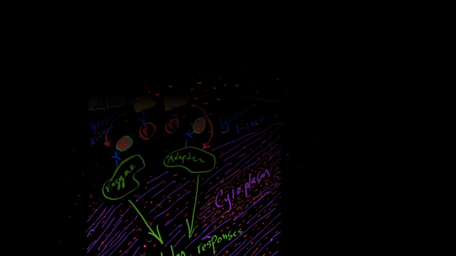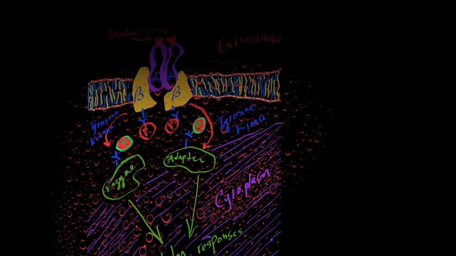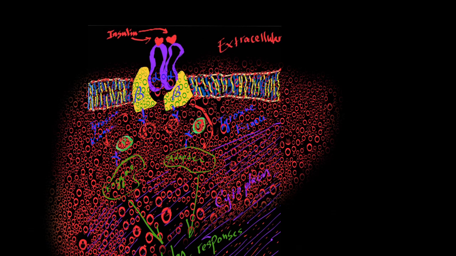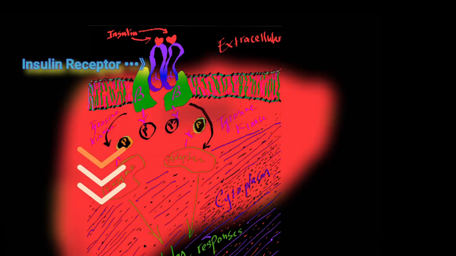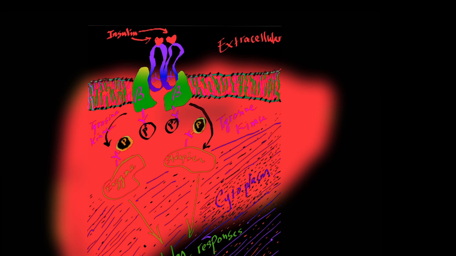Let's say insulin reaches the liver and finds its receptor, binds to its receptor. As a response, the insulin receptor will trigger a cascade of events intracellularly. Those events are going to say to the liver, hey, we got plenty of glucose, so let's get glycolysis going. Use up that glucose. Let's store some of that glucose in the form of glycogen.